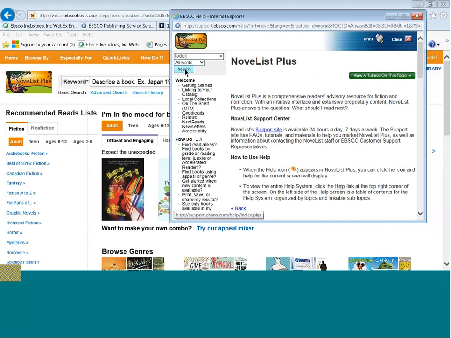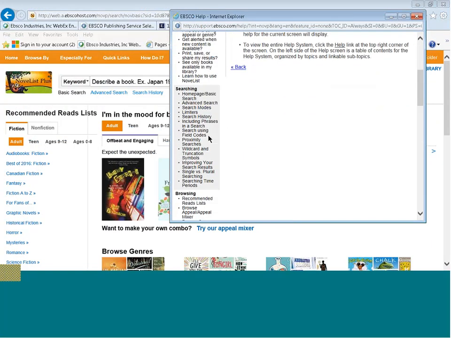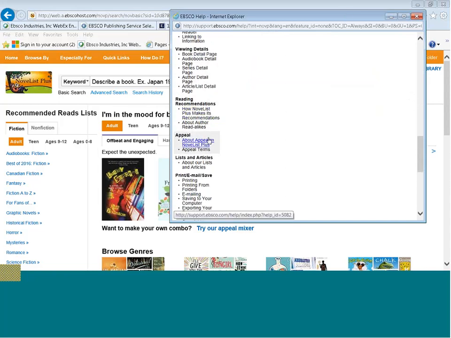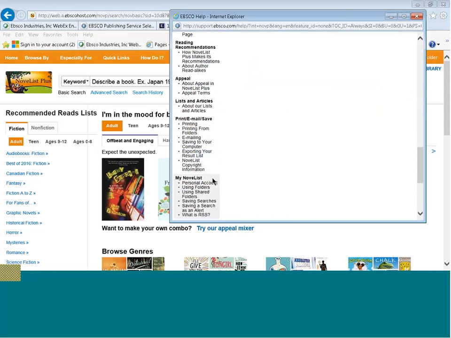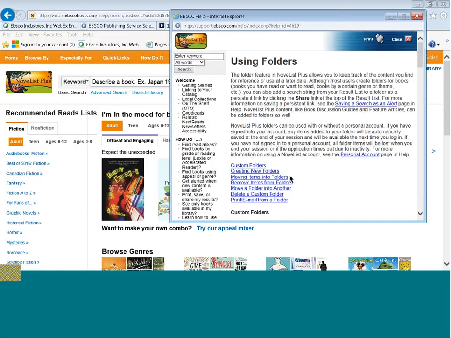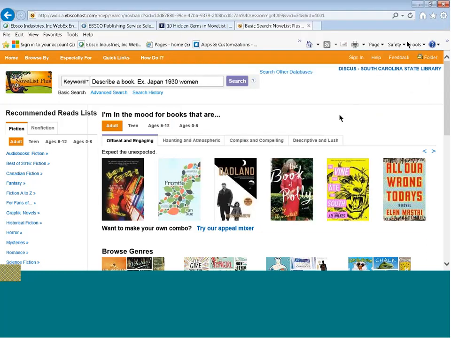And when I click Search, I'll have some choices, or you can just scroll down. This isn't a terrifically long list, but it is a helpful list, and it will give you information about my folder, using folders. Personal account is your folder. These are printable handouts, and you can use them in your library as well.